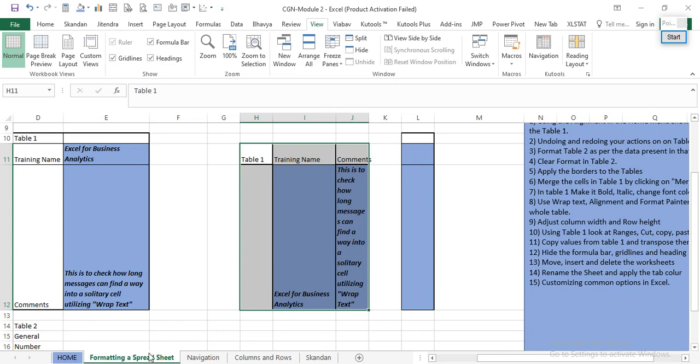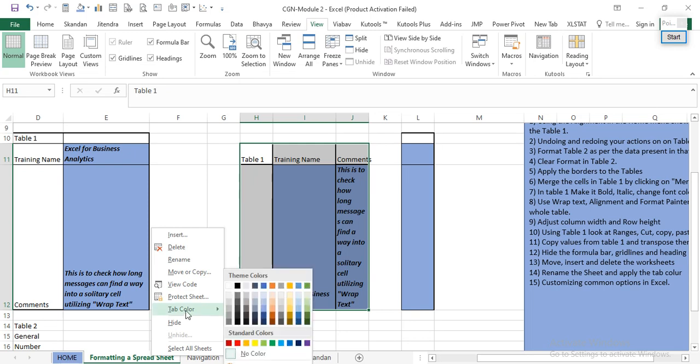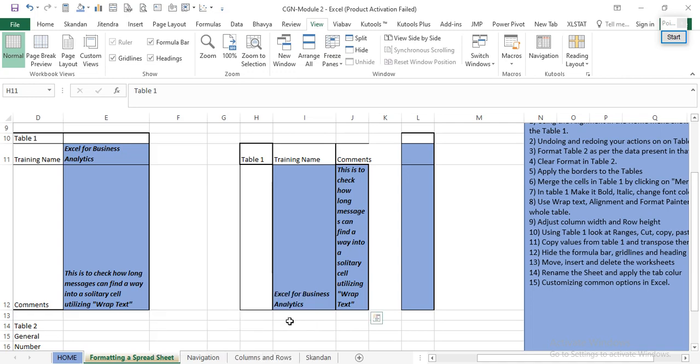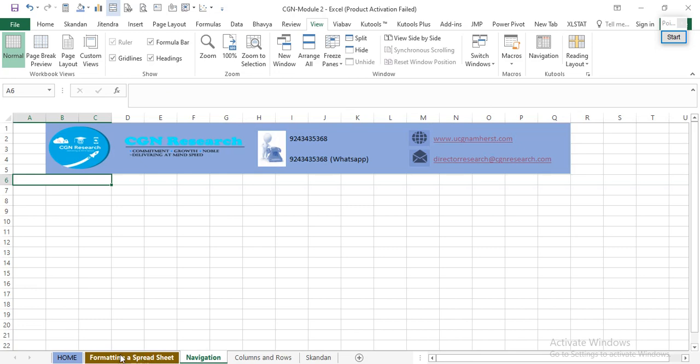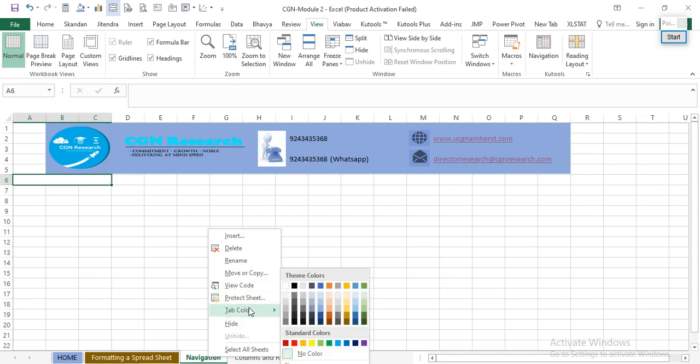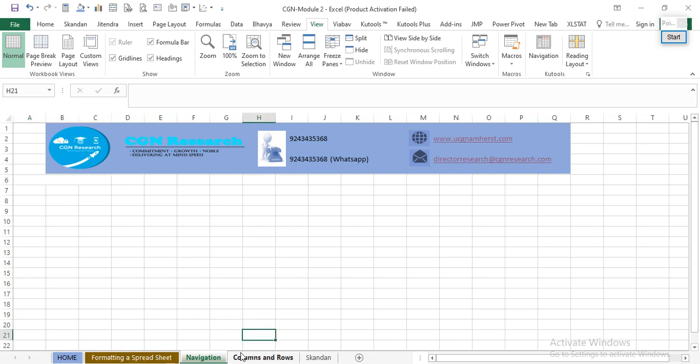there. So if I want to apply a tab color like what I have done here, I can go to the tab color here, select any color out there. Say I select this color, and then I come to the next tab there. You can see the color being inserted into the tab. All you have to do is right click on that sheet there, and then go to the tab color option. Go and select any color that you really want out there, and then that differentiates the whole thing. So this is how you would add colors out there, and then